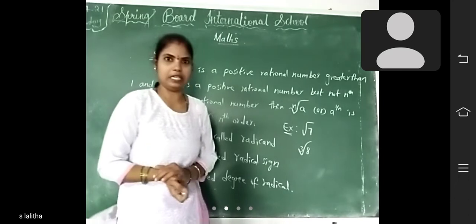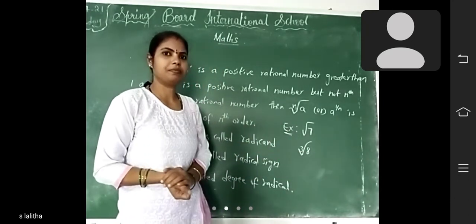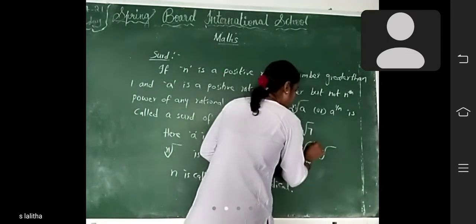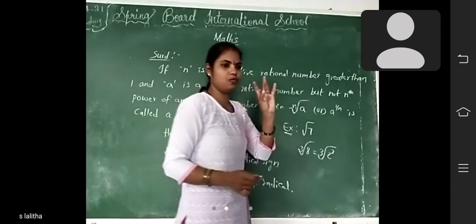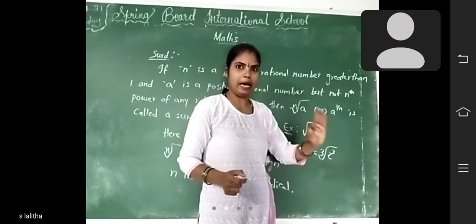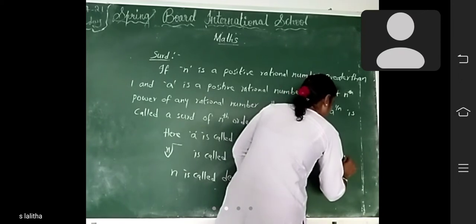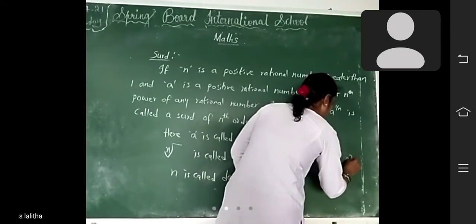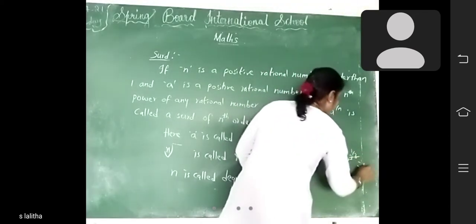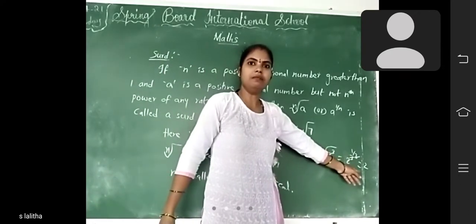Cube root of 8. Is it a surd or not? How can you write this 8? Cube root of 8 can be written as 2 cube. 2 2s 4, 4 2s 8. So 2 cube. You can write 2 three times, then we will get 8. Then simplify this one. Cube root of 2 cube. This cube root will be converted into 1 by 3, so 3 will be cancelled. So what is the answer? 2.